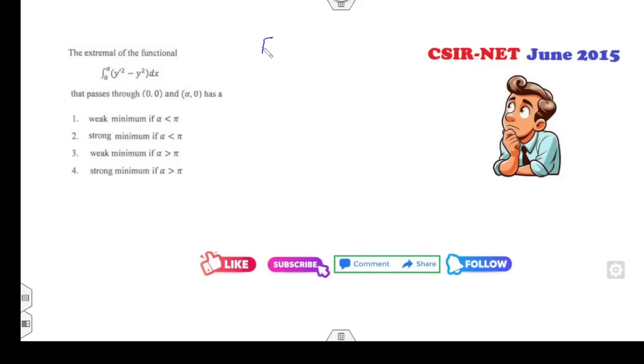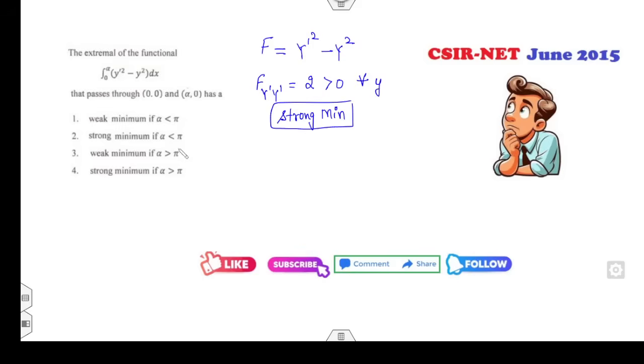चलिए look at the next one. The given function is y dash square minus y square, weak minima, weak maxima, and so on. Can you find the second derivative? 2 which is greater than 0 for all those values of the y. That means this implies the function is my strong minima. So पहले तो maxima वाला कोई केस है नहीं. Every strong minima will imply the weak minima. Fine. Now the question arises is whether the alpha is less than pi or greater than pi. Fine. So the curve is passing through the 0, 0, y of 0 is 0 and y of alpha is